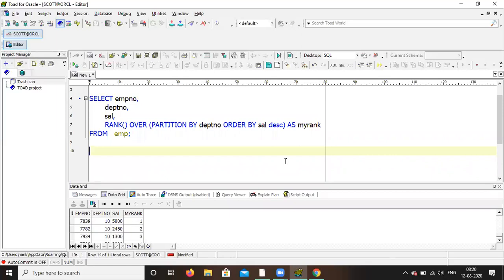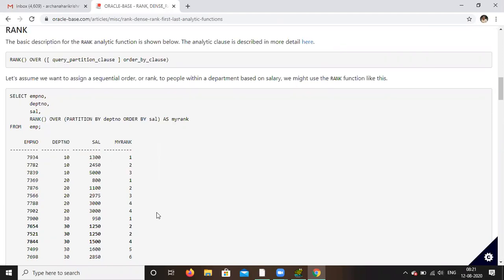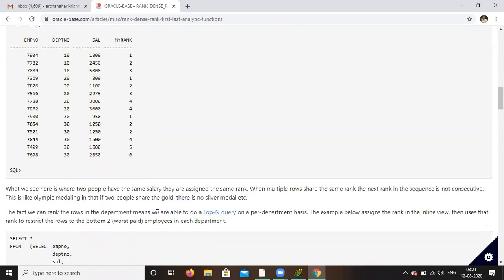Now go to Google. Here two things you have to remember: rank over partition by. This is the output it has given. Come down. Here you can see that if there are similar values, let's say in department 20, 3000 appears two times, it will give the same rank, 4, 4.